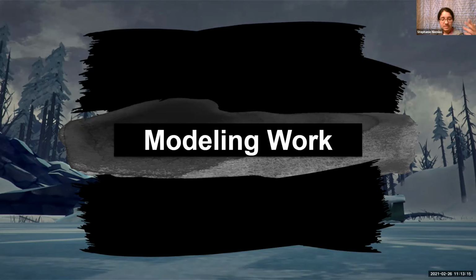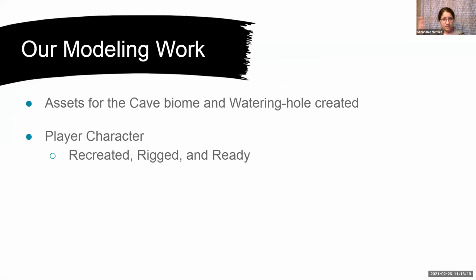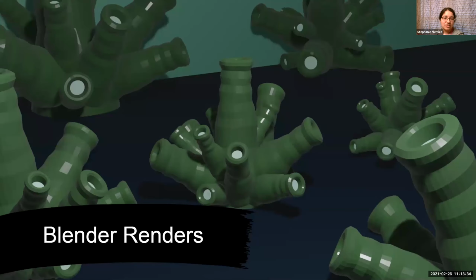So for this last week, we actually were working on more assets. And as you can see, some of the modeling work that we did do included, again, assets for the cave biome and the watering hole. Jonah was also able to successfully rig to have the player character recreated, rigged, and ready for this presentation, which is fantastic. As you can see, here are just some Blender renders of some of the fungus models that we